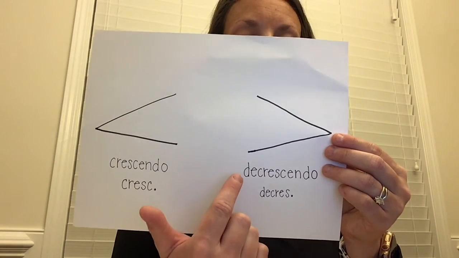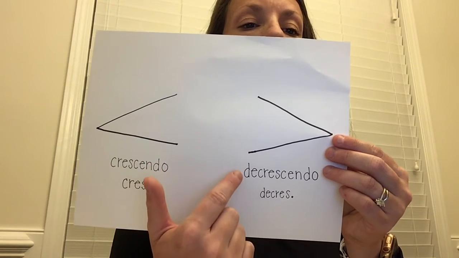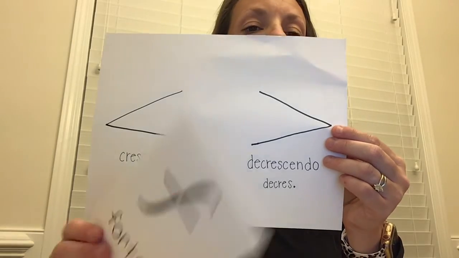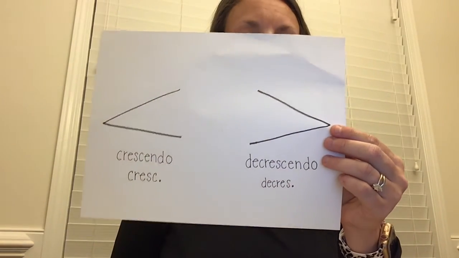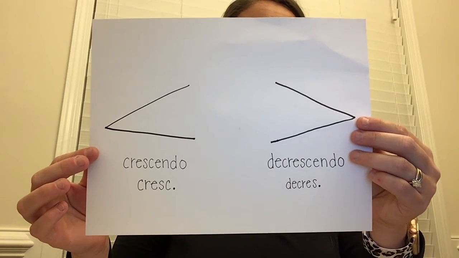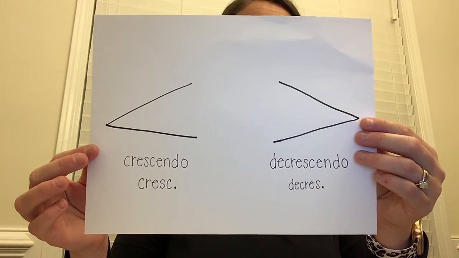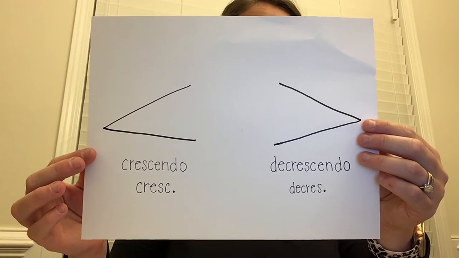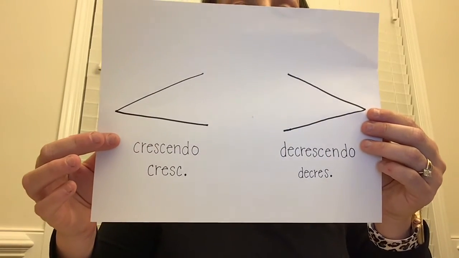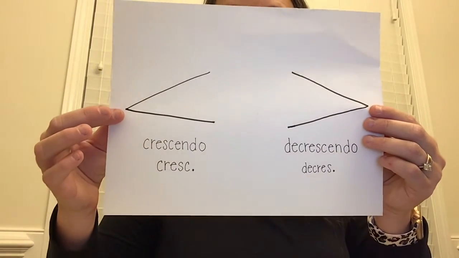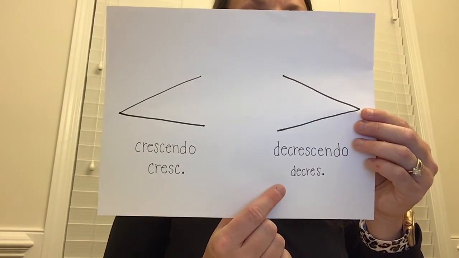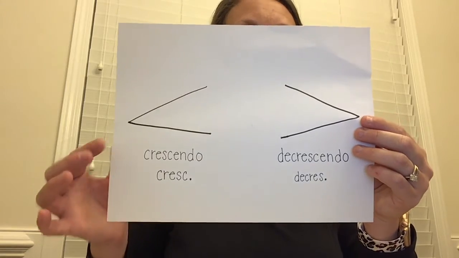And again, if you saw the symbol or the word or the abbreviation, you would most likely see dynamic symbols at the beginning and the end so that the musician knew what volume to play at when they saw that symbol. So let's review them. Crescendo means to gradually get louder, and decrescendo means to gradually get softer.